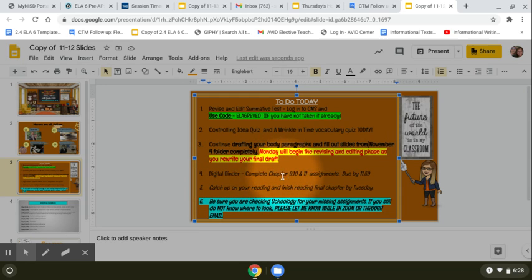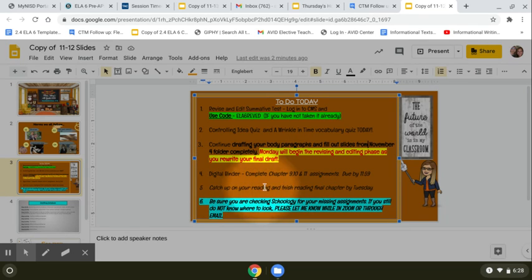Digital binder, once again, please work on and complete your chapters 9, 10, and 11. Okay, that is due by this evening. You want to make sure that you keep up with the reading. We have come across some very interesting events that have unfolded in the novel. And we want to make sure that these chapters, the vocabulary and the fill in the blanks and even the quick writes, help you glue everything together and make those connections, okay?